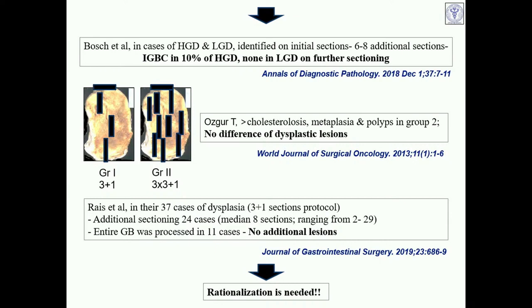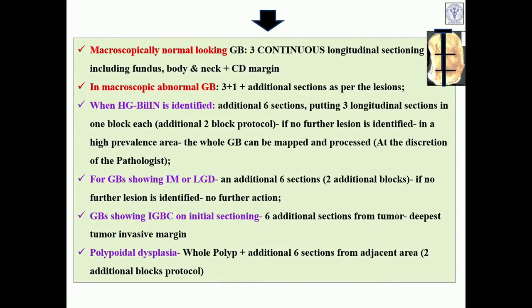Hence, it is clear that rationalization is needed. Hence, my last slide is like this. If you have a macroscopically normal gallbladder sent from the OT, 3 continuous longitudinal sections like this should be sufficient, including the cystic duct margin. However, if there is a macroscopically abnormal gallbladder lesion, then 3+1 additional sections as per the macroscopically abnormal areas must be taken. When a high-grade biliary intraepithelial lesion is identified, then additional 6 sections